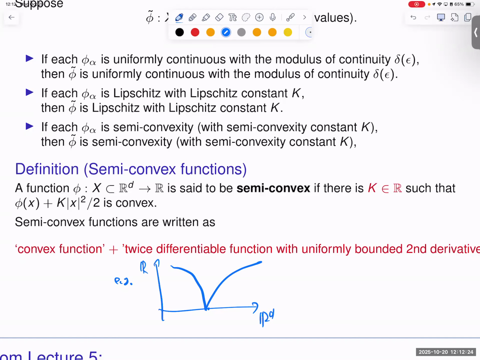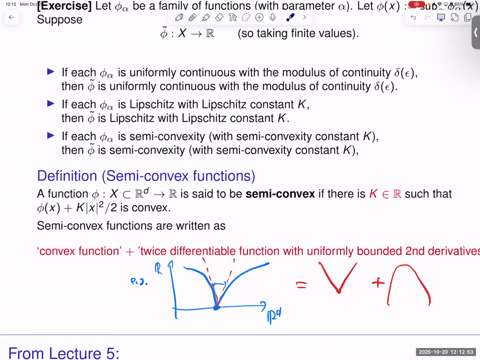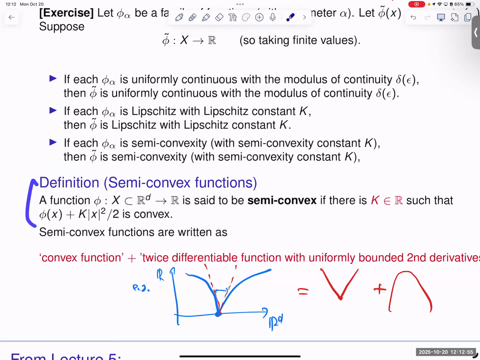So this is a semi-convex function as long as you have some angle of this cusp. Okay, this is semi-convex, as long as you can find some angle there, because this one is basically a sum of this function and something like, I don't know, something like that. So they are semi-convex functions, and then